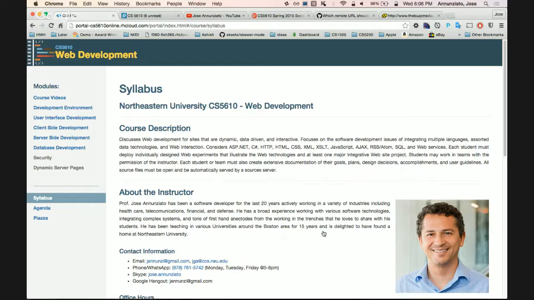Although a lot of the concepts that we'll see in this particular course are applicable elsewhere in other frameworks. There's tons of frameworks out there. You pretty much do everything with any one framework, right? So a lot of things are similar.